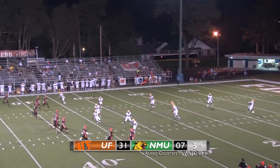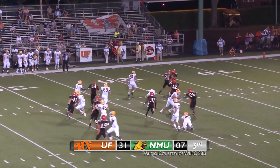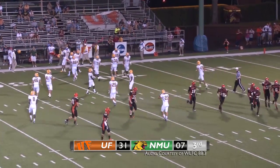In the gun. Back, spins out, throws on the backside, picked off. Yep, that's number 5. That's Jamon McClain, who read that beautifully. They tried to slip screen there, and